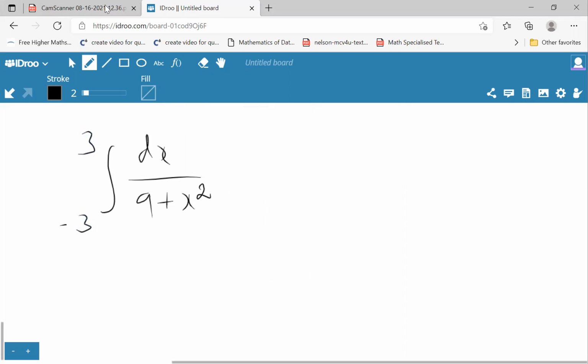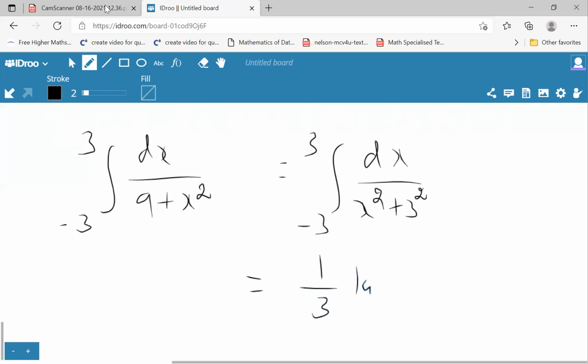So this is of the form integration of minus 3 to 3 dx by x squared plus 3 squared, which is nothing but 1 by a tan inverse of x by a. So this is now going to be equal to 1 by a, which is now going to be 3, tan inverse of x by 3 between the limits